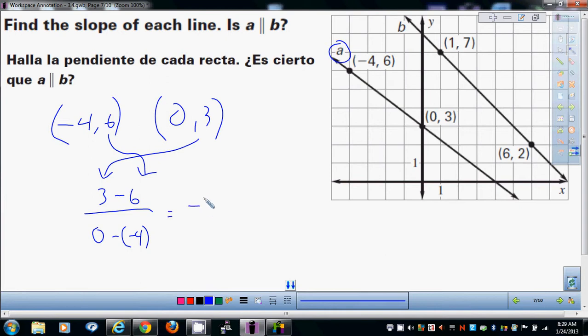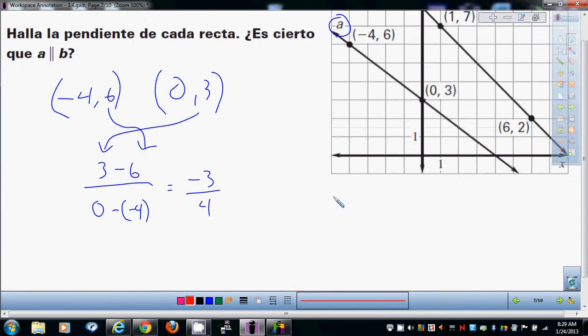Slope. For B, you'll take the point (1, 7), and the point (6, 2). Let's do 2 minus 7 on the top. 6 minus 1 on the bottom. Negative 5 over 5 equals negative 1. Now,